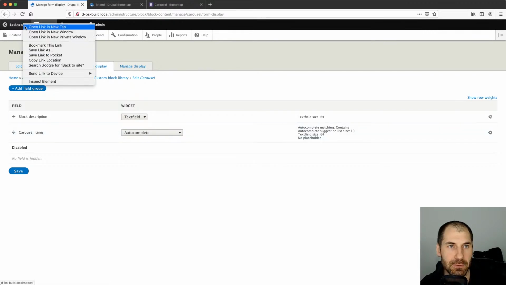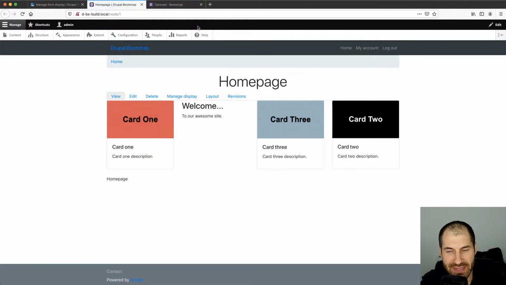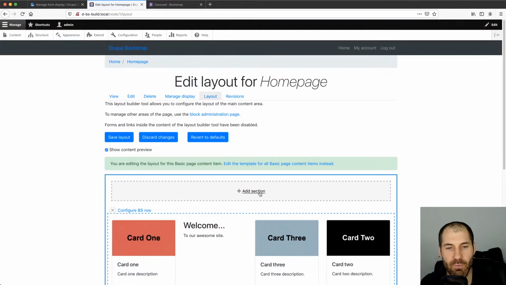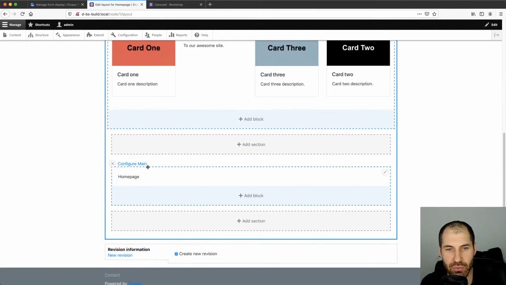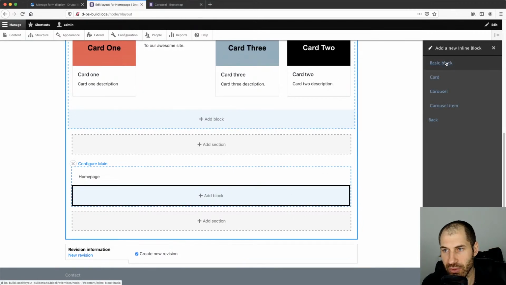So now let's open up another tab and I'll just show you bits and pieces as we're building it out. Let's click on layout and then I will say add block there. Okay, it doesn't really matter. Click on add new custom block. We can select